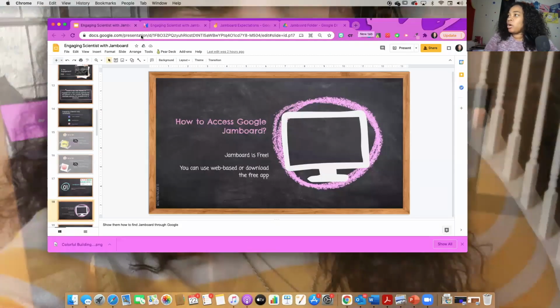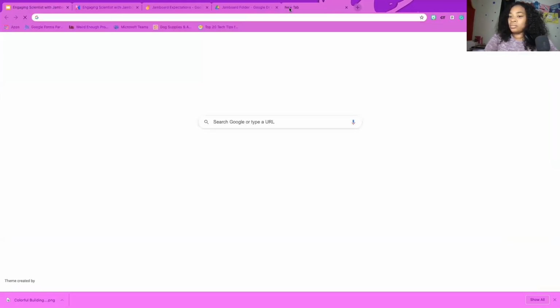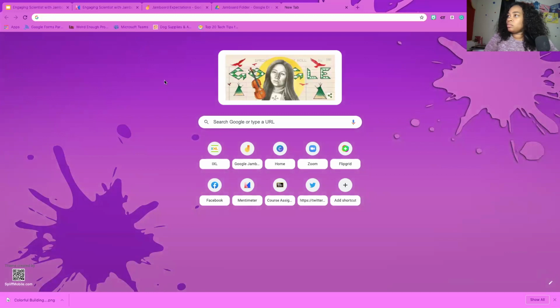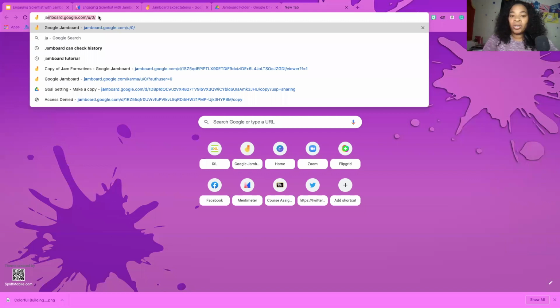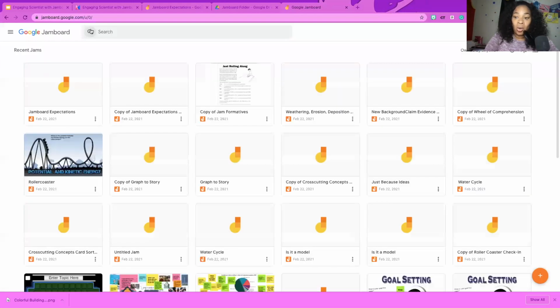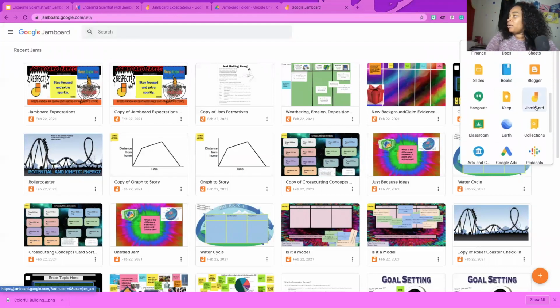If you're on Chrome, hopefully you all see my screen. You're going to go to Jamboard. You can log in and type Google Jamboard. It'll take you there. Or you can go to what we call the waffle, scroll down, and you will see